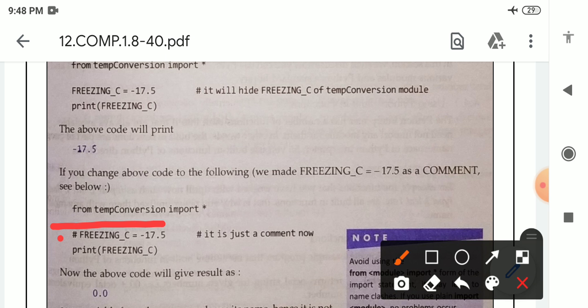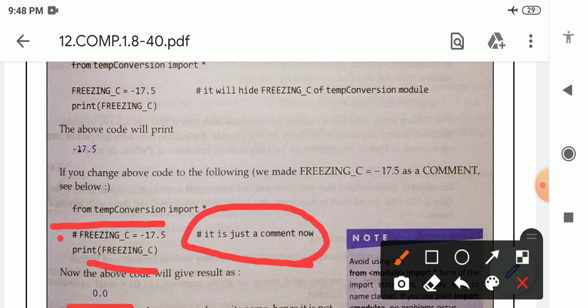This is not a statement, now this will become what? A comment. That is why after executing this we will get output like 0.0, but previously it was a statement, and here it is a comment. That is why we will get two different outputs.